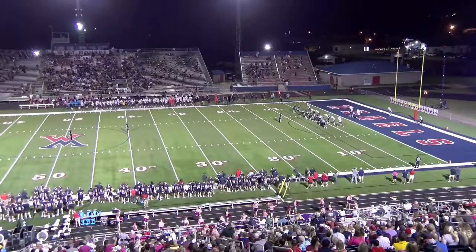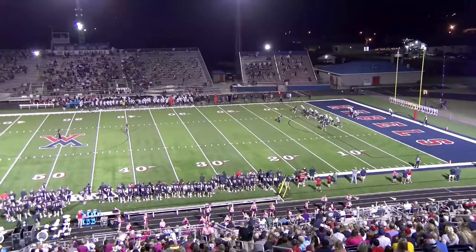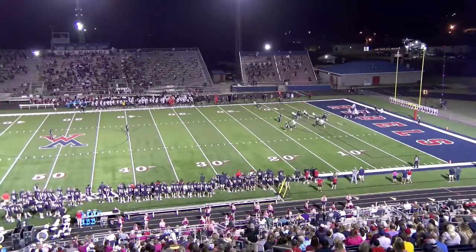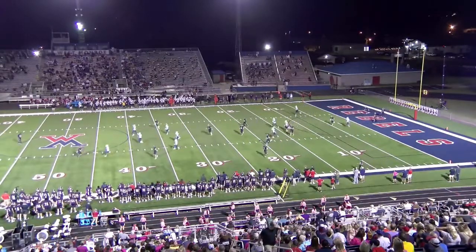We're going to go to special teams. I thought overall special teams played a big part in this game, and we're getting better. There's still a few things that we're trying to improve on, but we're getting better in all